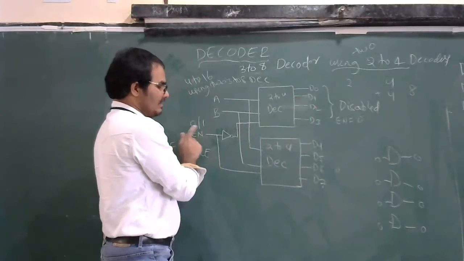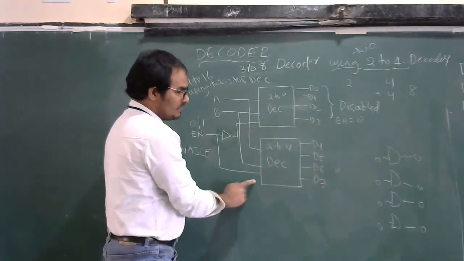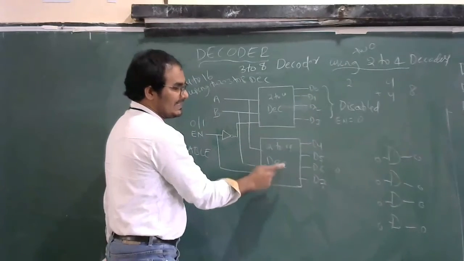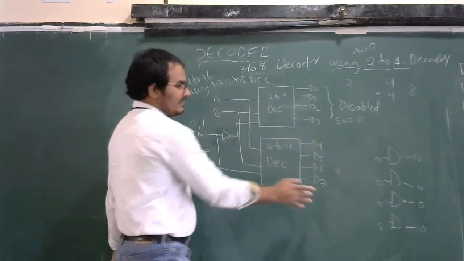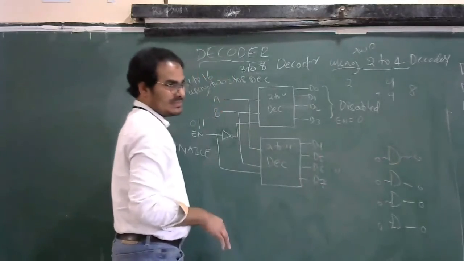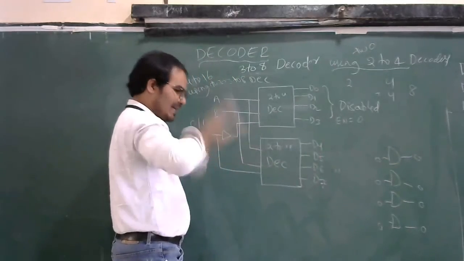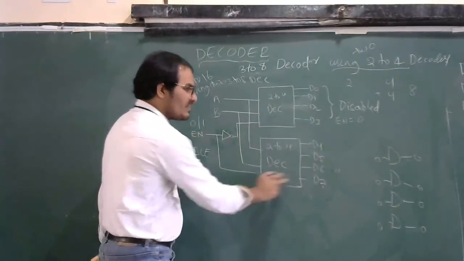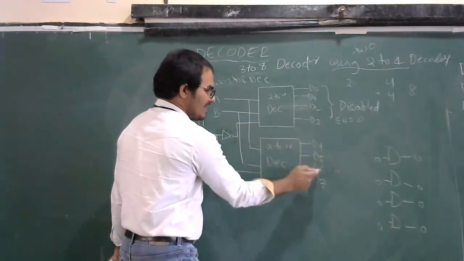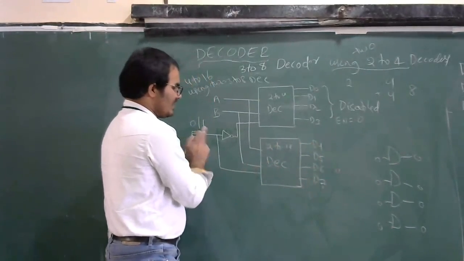If 0 is applied as the input for the other 2 to 4 decoder, then it will not function. That means all its outputs are zeros. This we should not consider. Second case, when the enable input is equal to 1, this will function. It will produce D4, D5, D6, D7. When the enable input is 1, the NOT gate